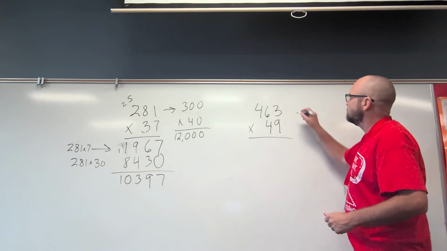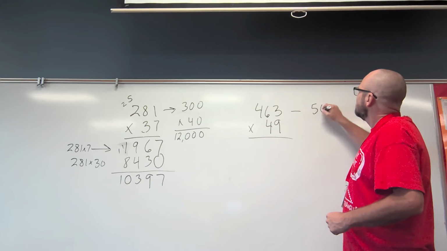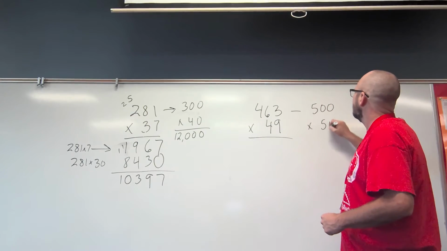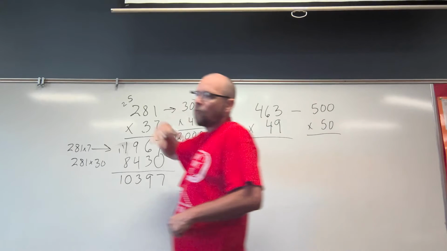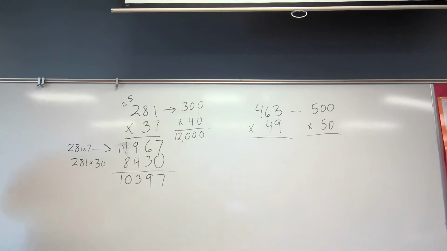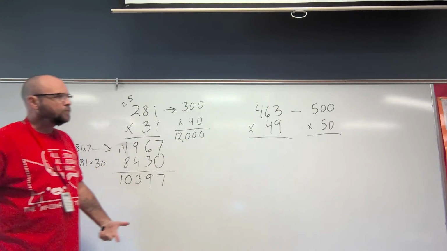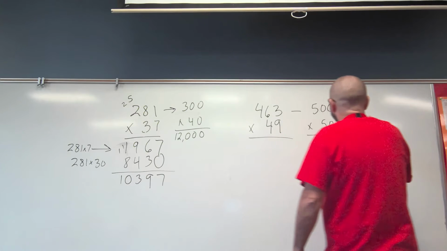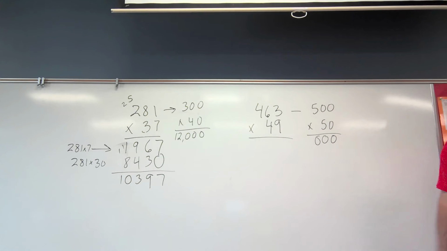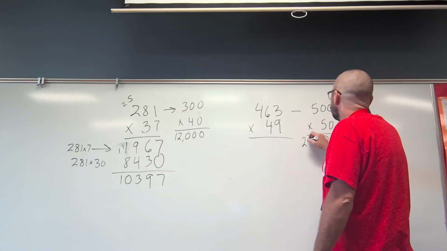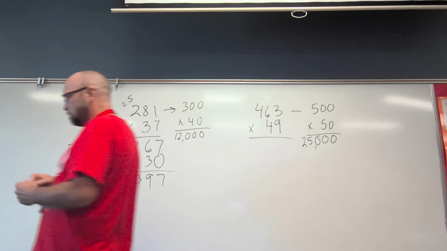Okay, so first we're going to estimate. So I'm going to multiply 500 times 50. Again, this estimate's going to be higher than what our actual answer will be because we moved both of our factors up. And since we're multiplying 100 times a 10, we know we're going to have 3 zeros there because our first number needs to start in the thousands place. And then I just have to know 5 times 5, which is 25. So my answer is somewhere in the ballpark of 25,000. Less than 25,000, but,